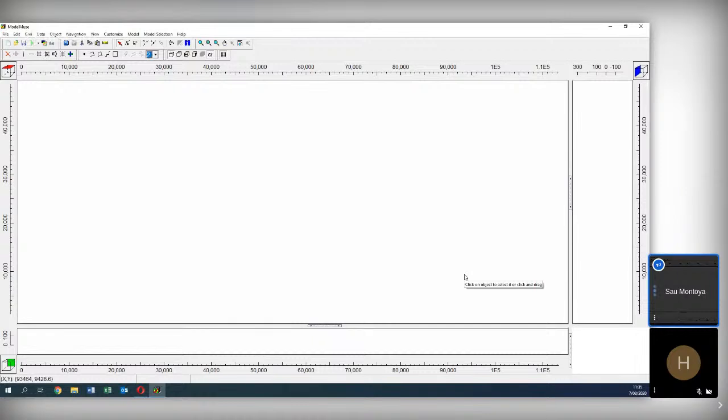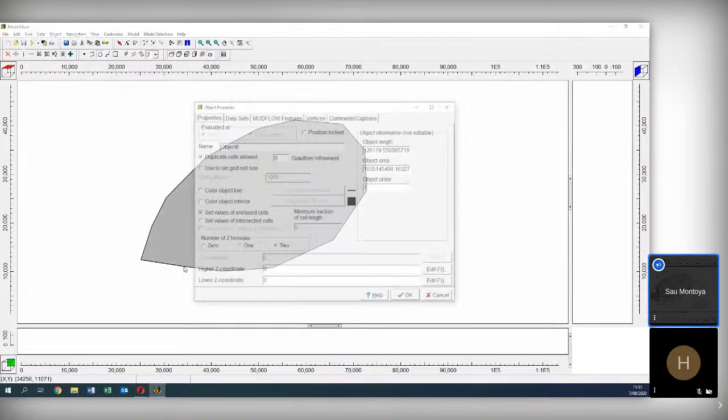What is next? Okay, we are going to define a polygon. Here we are going to define a polygon. Okay, this is a polygon.